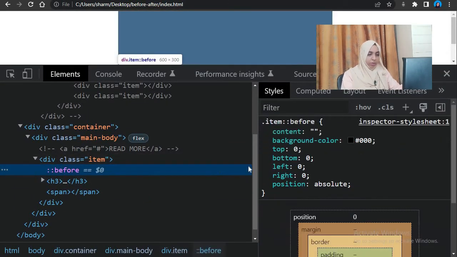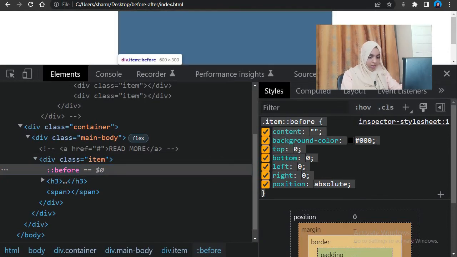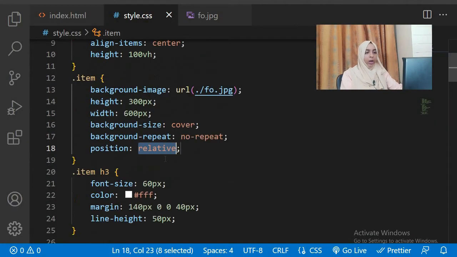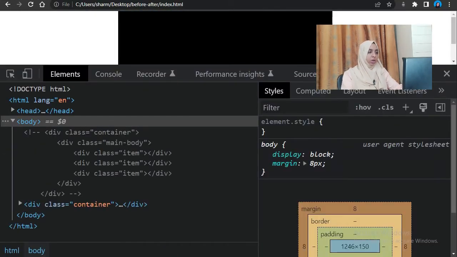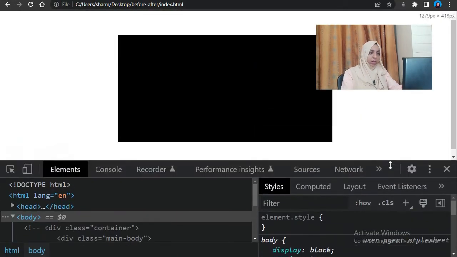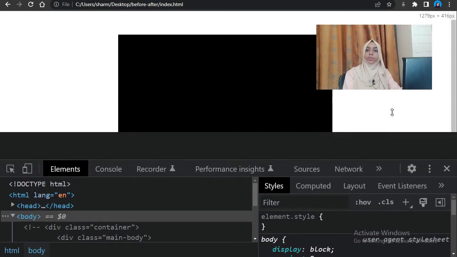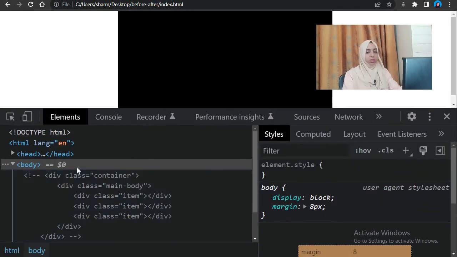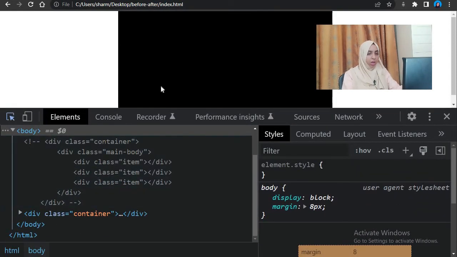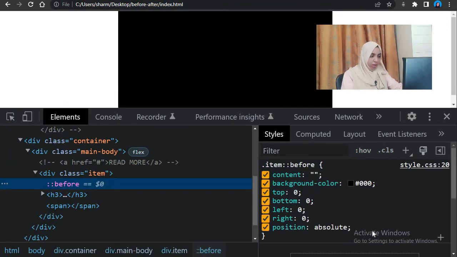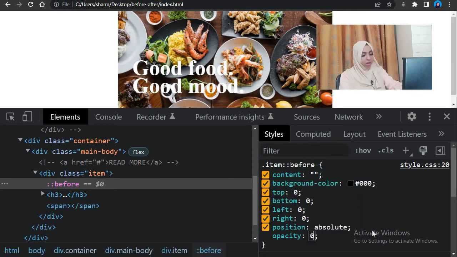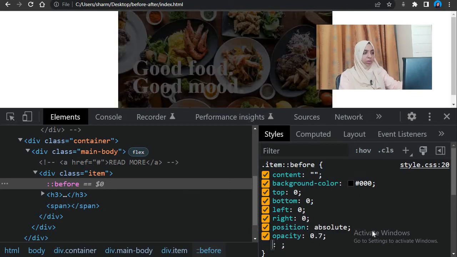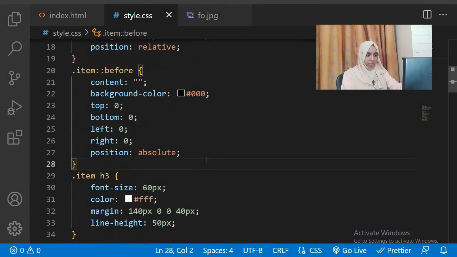Okay, so where did our before disappear? Okay, here it is. We copy this and let's add this below this here. We refresh. Okay, but that's not black in the design. So guess what we can do here? Any guesses? Put them down in the comments. I will read them later. So yeah, if you guessed it, then it was opacity 0.7 for example. Okay, this looks fine. So you give it an opacity to the before element over here.